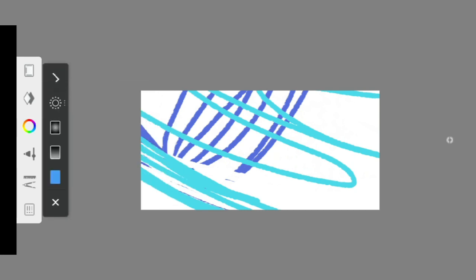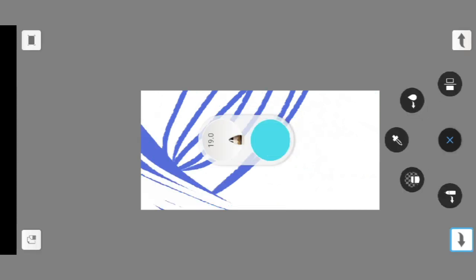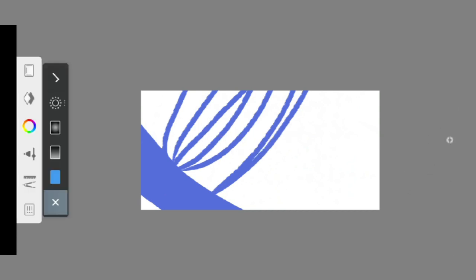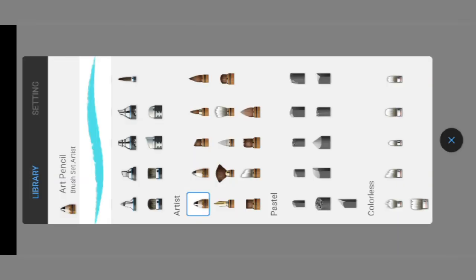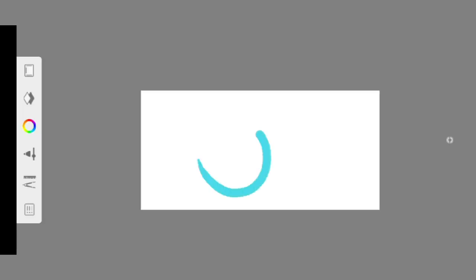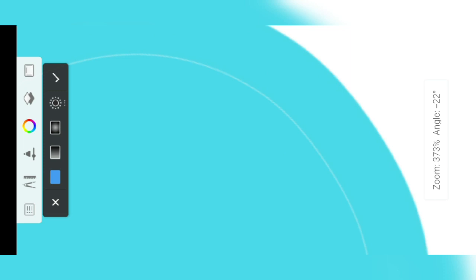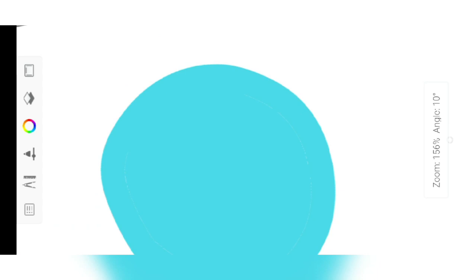If I now clear the layer and take a very clean brush which doesn't have any cavities in the ending, and I fill in with the same color, I can find a white line here. It's not properly filled. As you can see, you have to fill it again. You have to do the borders again, which might be a little frustrating for people who want to fill in all the time.